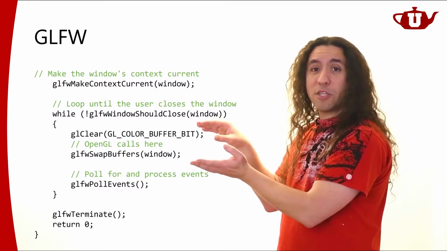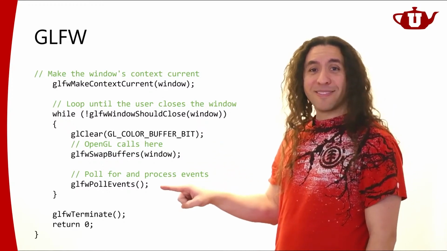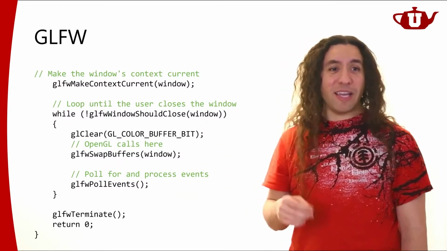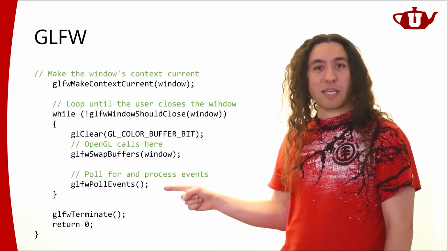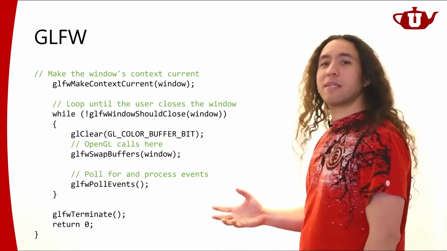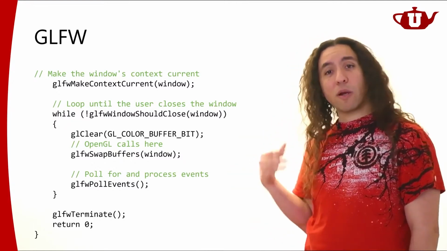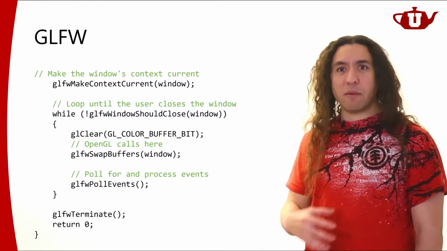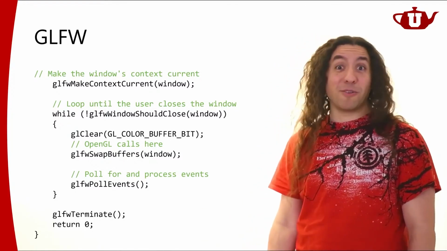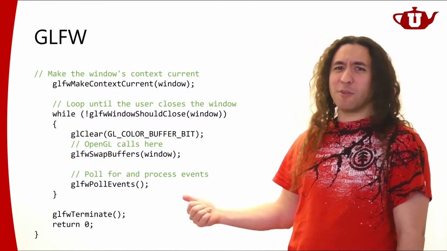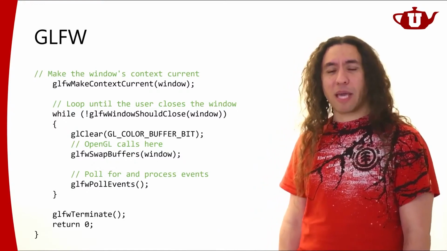So you do all the OpenGL drawing here, and guess what? After you're done drawing, you specifically call this poll events. So if there are any keyboard and mouse events that need to be handled, you're going to have to call this explicitly. In that respect, this API gives you a bit more flexibility in the way that you want to handle things. For example, you have a particular animation. During that animation, you want to ignore all the user input. I don't know why you would want to do that, but you can do it if you want to. So it gives you a bit more control over how you want to handle your application.